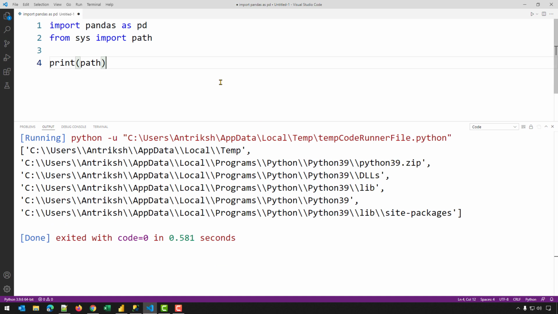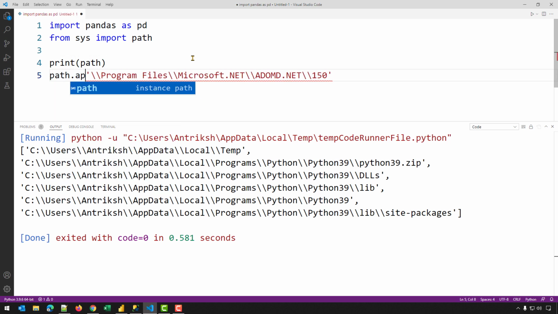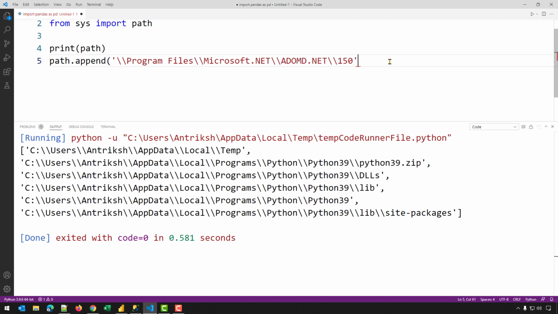But in order to interact with Power BI or SQL Server Analysis Services, we also need to add one specific path to the list of paths that I've printed, and that path is something that I'm going to copy from my other screen. So this path is this one. How can we append that? All we need to do is path.append, and we can close that as well. And after that, I'm going to do a print path,